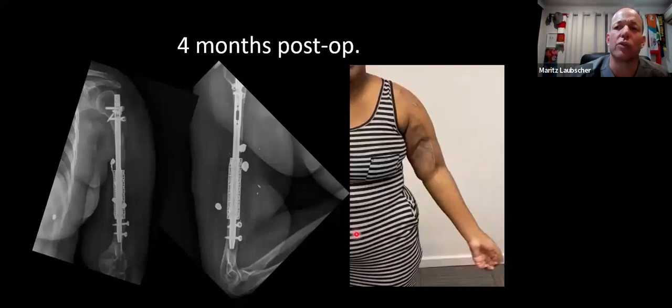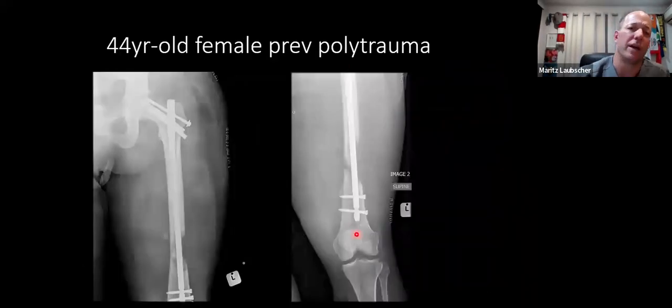It also allows you to be a little bit creative. Some of you might have seen this case if I showed it at a conference or somewhere else. This is a sort of a disaster where it's a youngish, very active woman. She's actually a firefighter that had a segmental femur fracture, and the distal fracture was opened with some bone loss. She was treated elsewhere with a